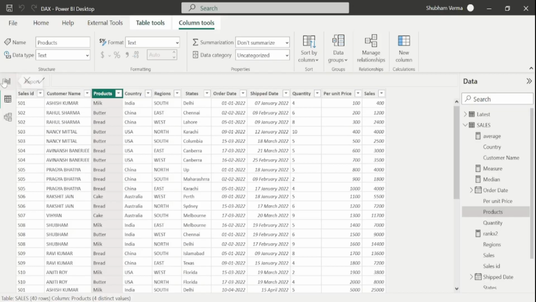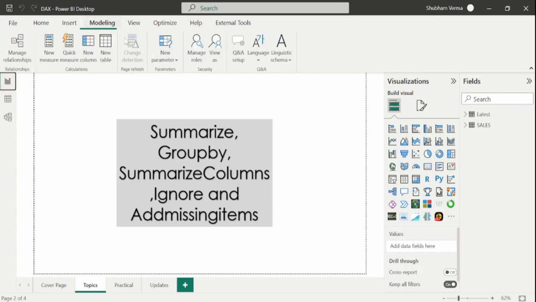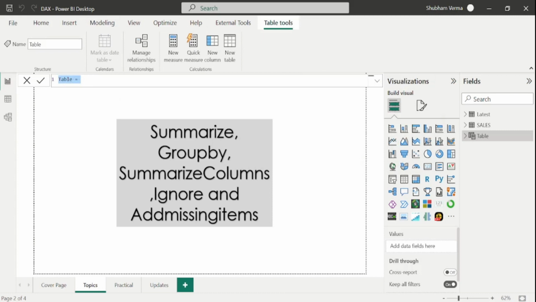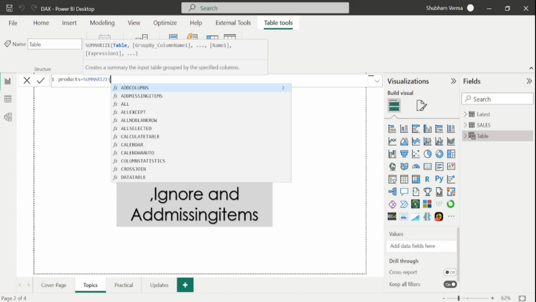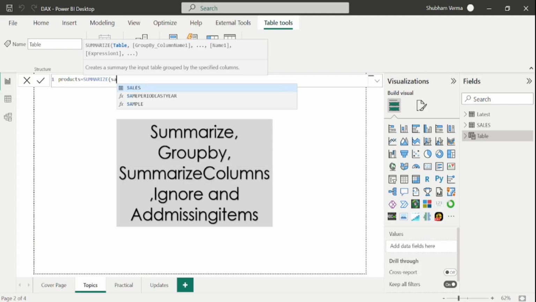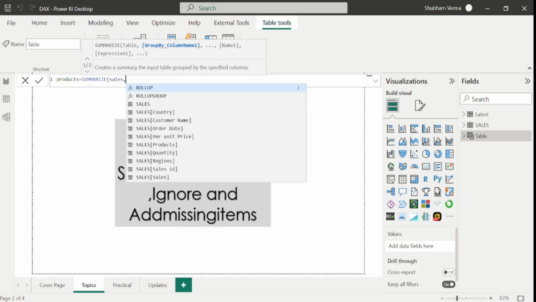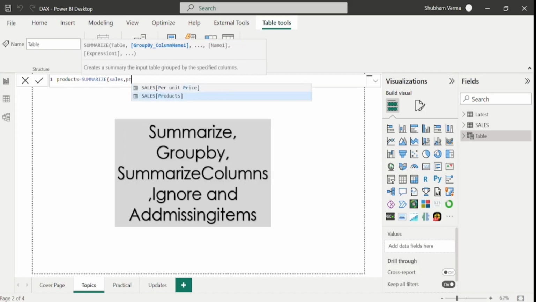So simply go here on the modeling tab and click on new table. And my table name is, let's say, products. And now I will write my DAX function, which is SUMMARIZE. So the first parameter is table. So under the table parameter, I will take the table name, which is sales, comma, and the next parameter is group by column name 1. So we have to take that column name from where we want to see the result. So we are creating a product table here, so I will take the product column, which is from the sales table, comma,